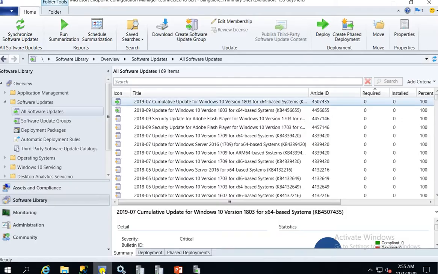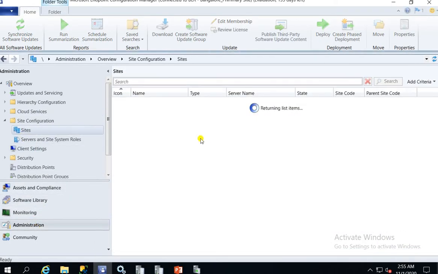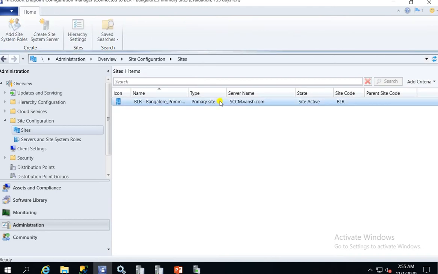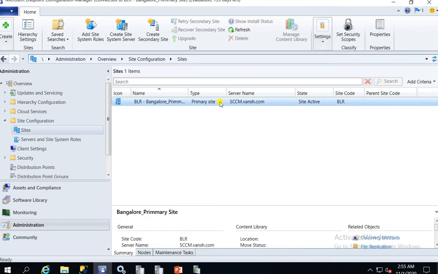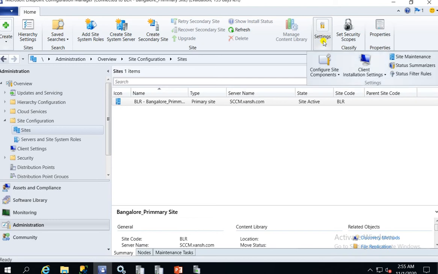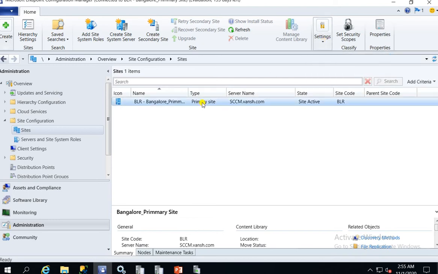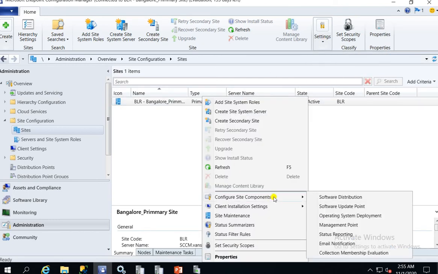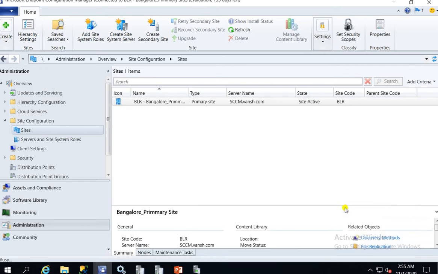check the software update setting. So let me go to the site, and here on site, let's open it. It's taking some time. So here go to the setting, and you can even go by right click also, site configuration and the software update point.